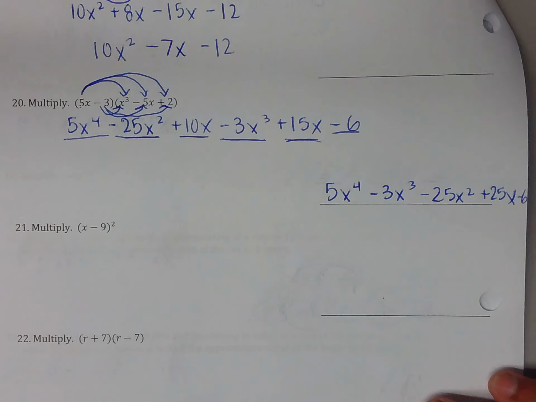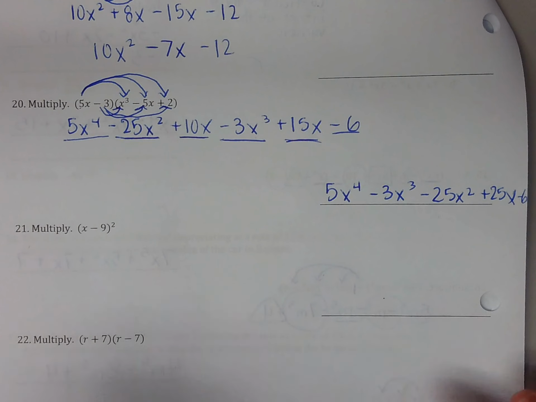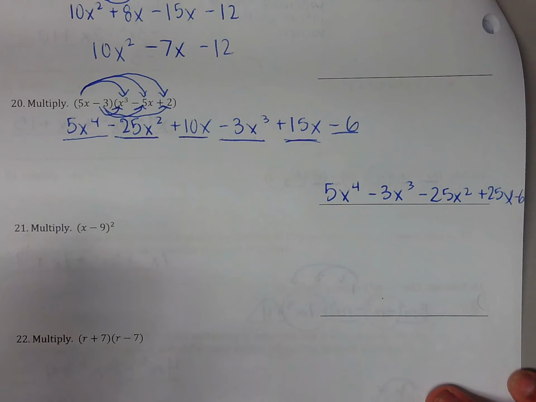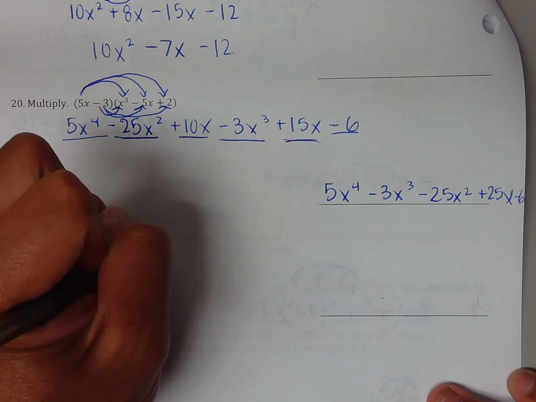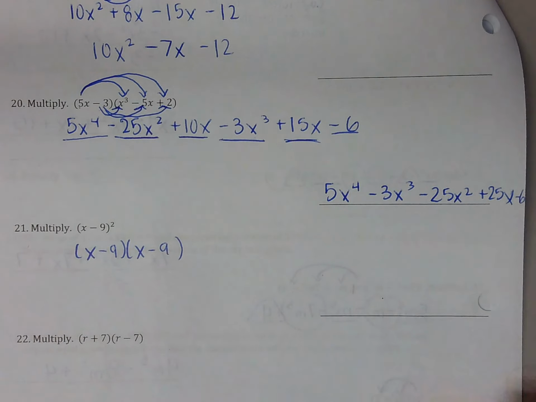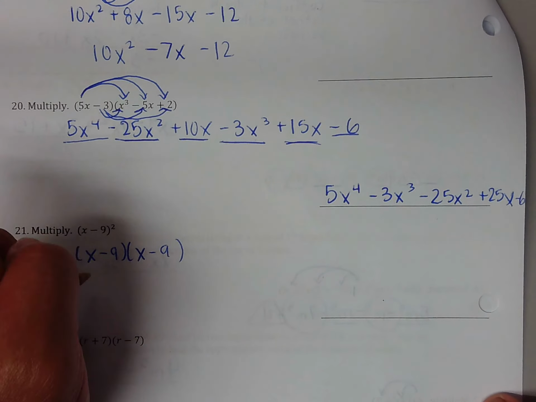All right, next, question number 21. So to square something literally means to multiply by itself twice. So x minus 9 multiplied by x minus 9. Our answer is not going to be x squared minus 81, right? We have to multiply this twice. So let's see, we get